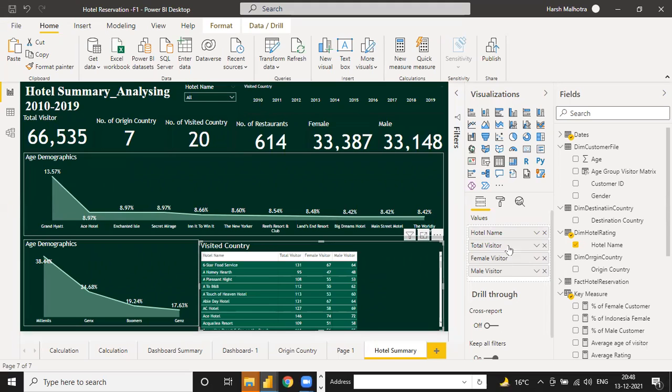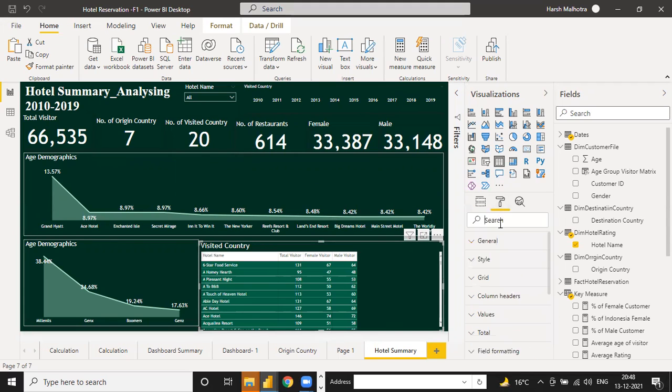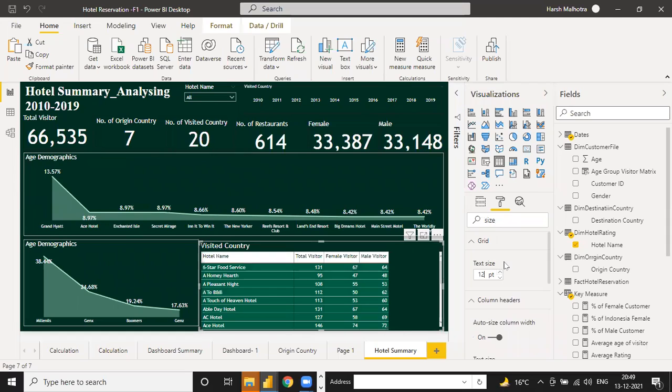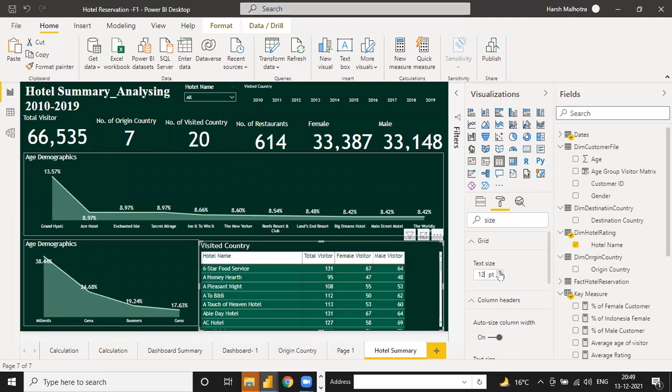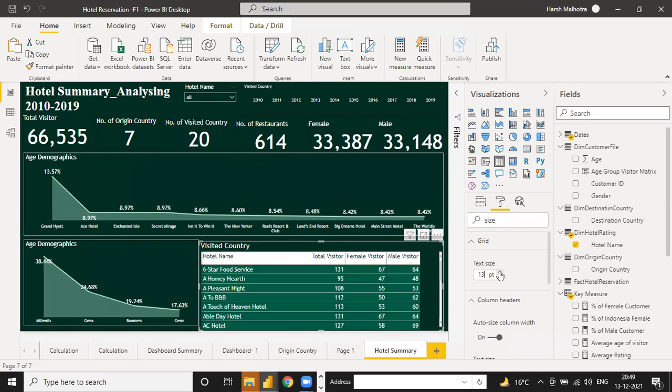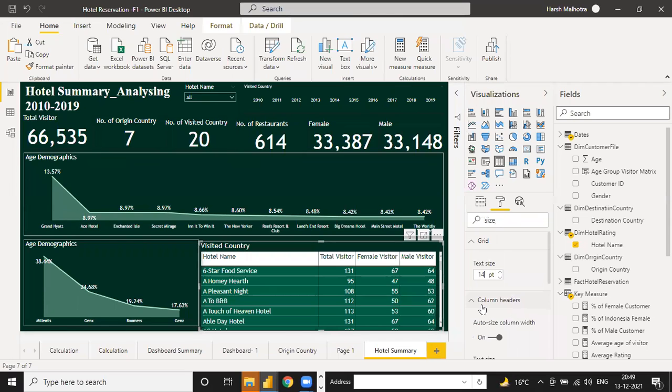Just select this, go to this size, change the size. Title.